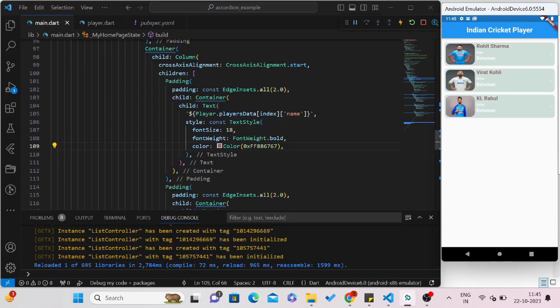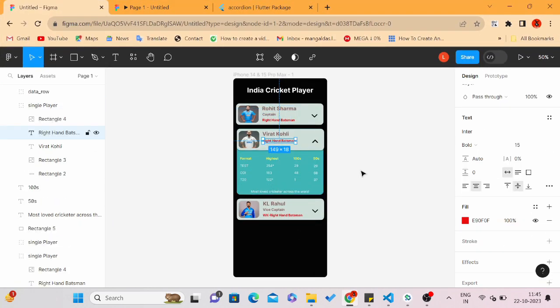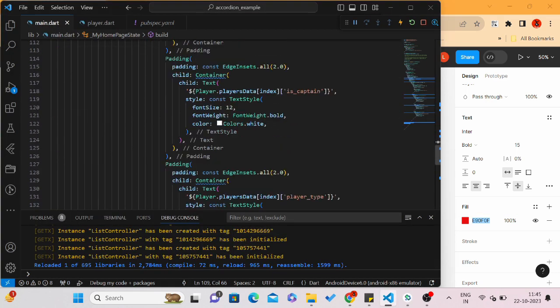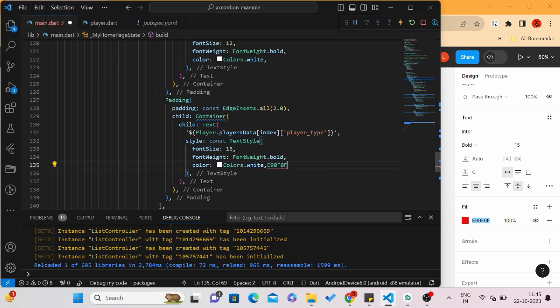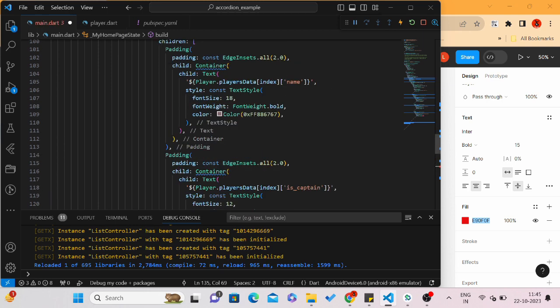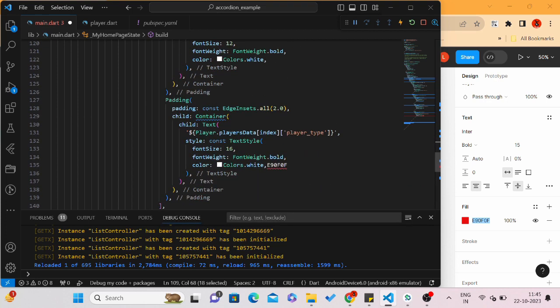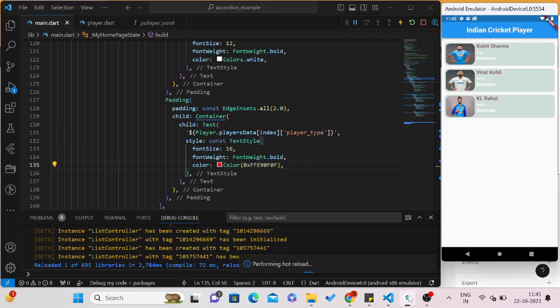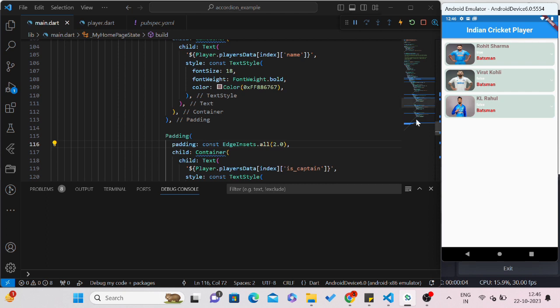So similarly the other details I am going to change. Let me come to this right hand basement type, red color, and come to this section where we have our player type section, and copy this one, come to this place, copy, cut and paste inside this color, and remove the color from here, save it. Now you can see we have got the colors and the color of the name of the player